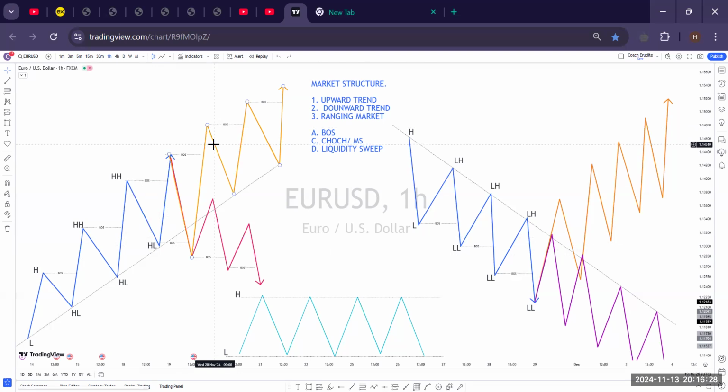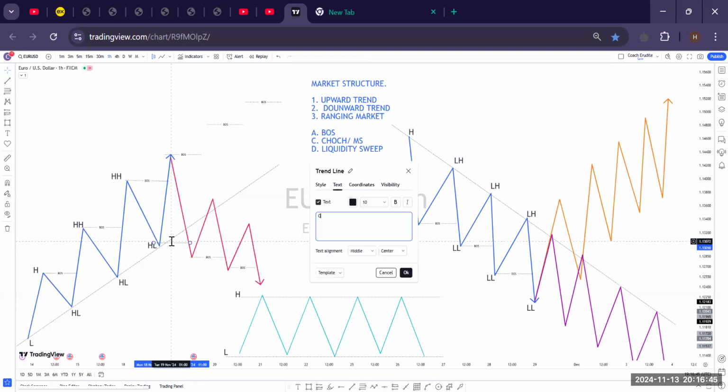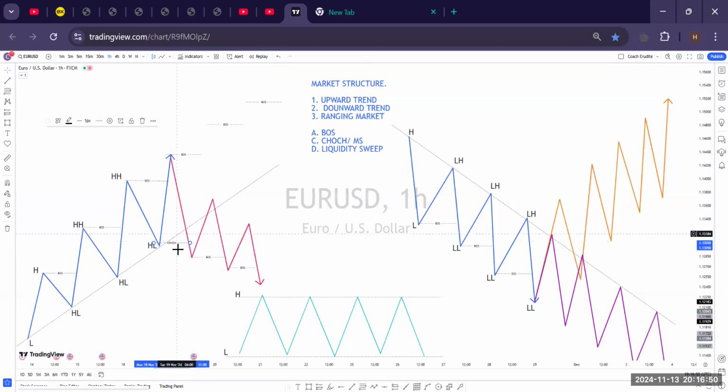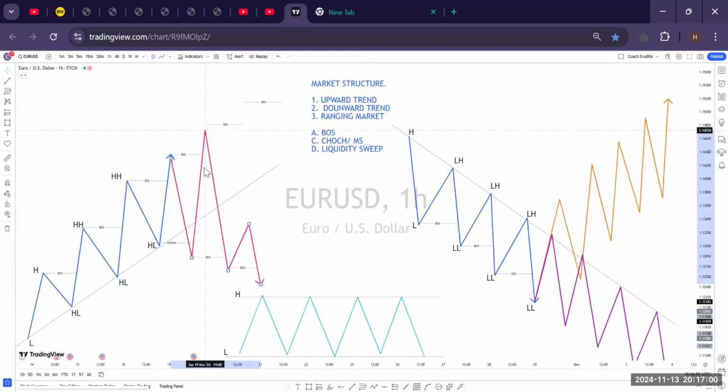Now, I now brought this trend line. Anytime price breaks your higher low and breaks another structure to the downward side, it is seen as a change of character. This now becomes a change of character because price went ahead and broke structure to the downward side. But in a scenario, for you to confirm that price has changed character, if price did not sweep your higher high here and stops somewhere here and comes down again to break a structure,